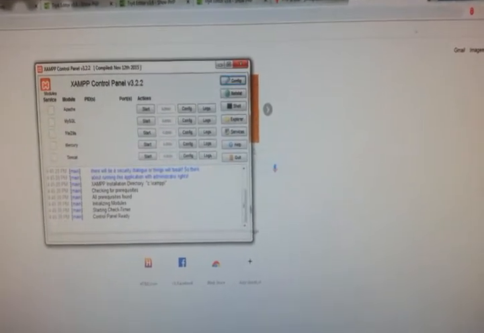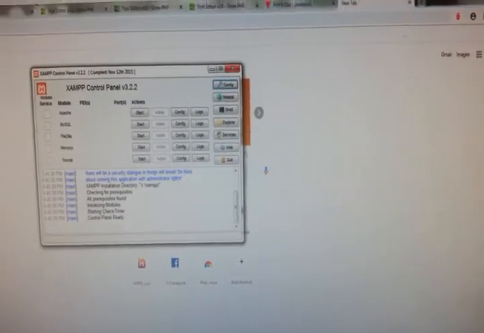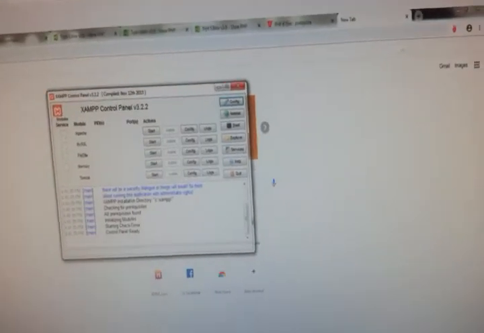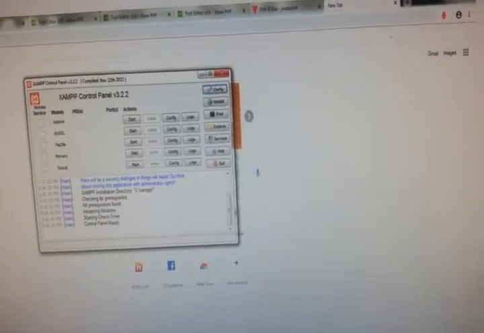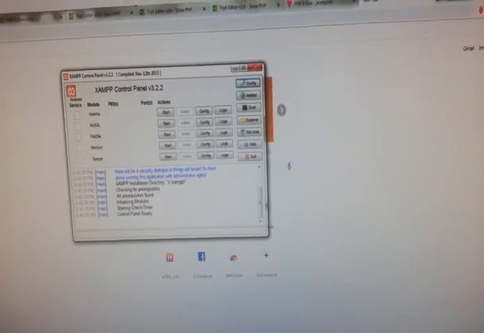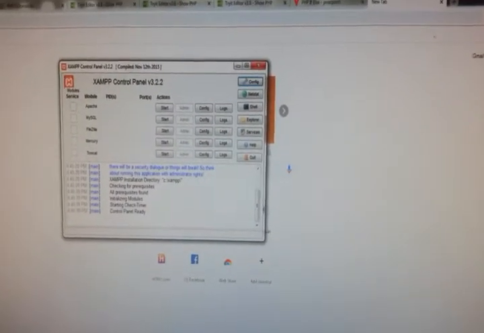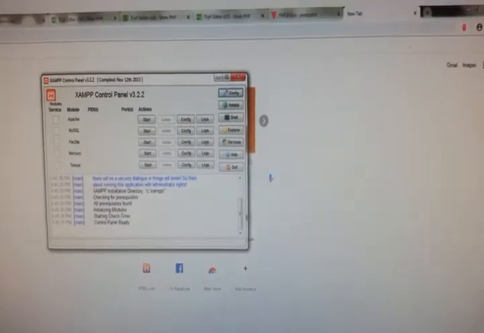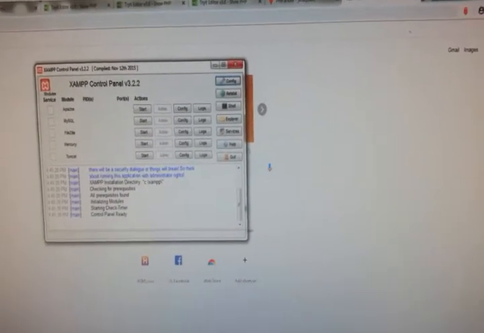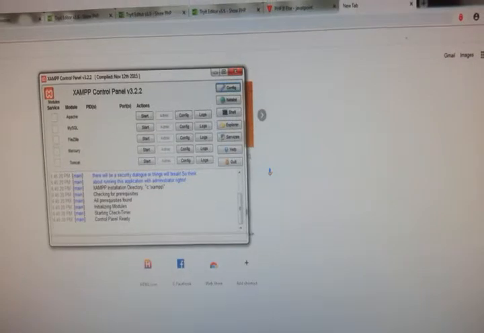So this is the control panel where initially the services are not being started. Whichever service you want to start or whichever task you are going to do at that particular instance, you just select that particular action.